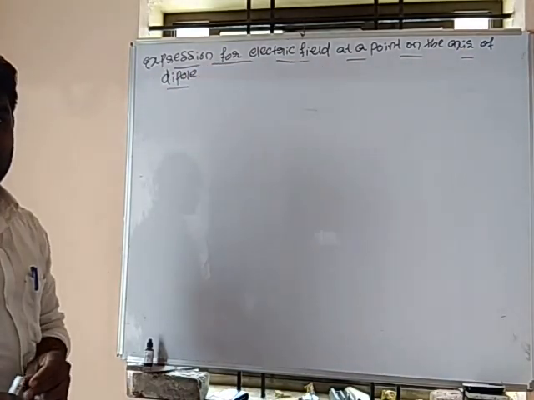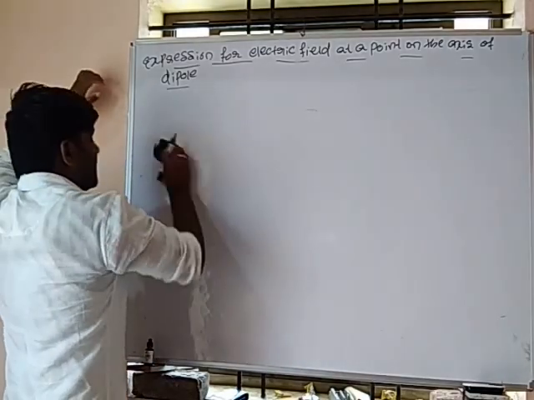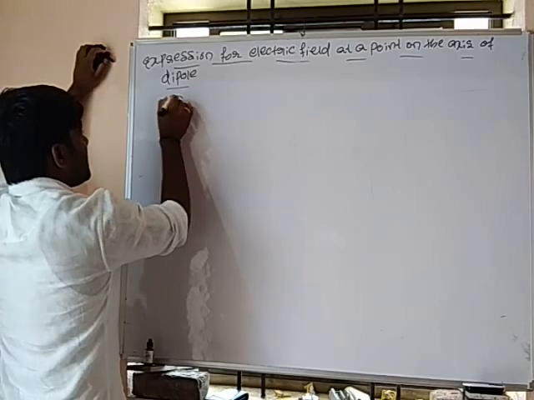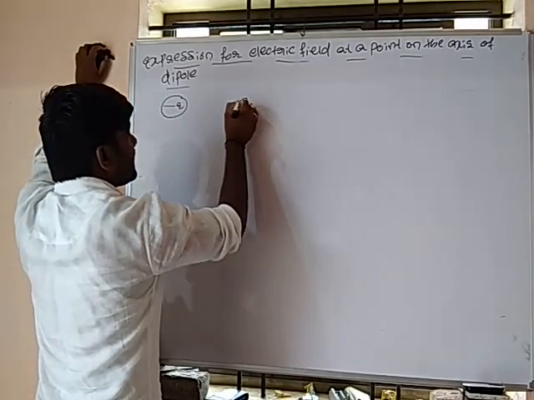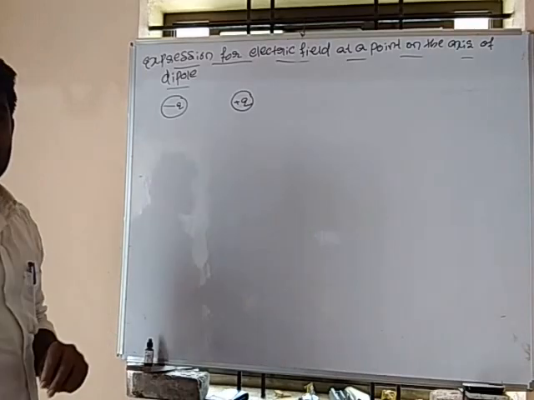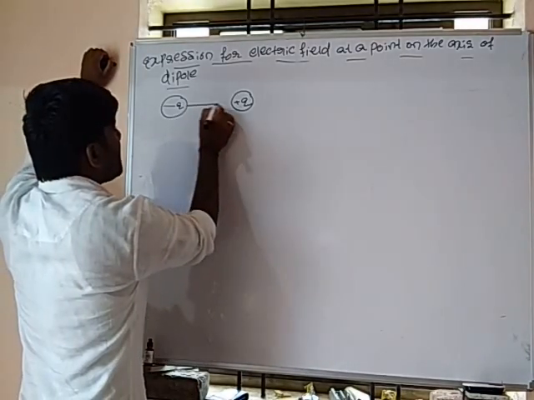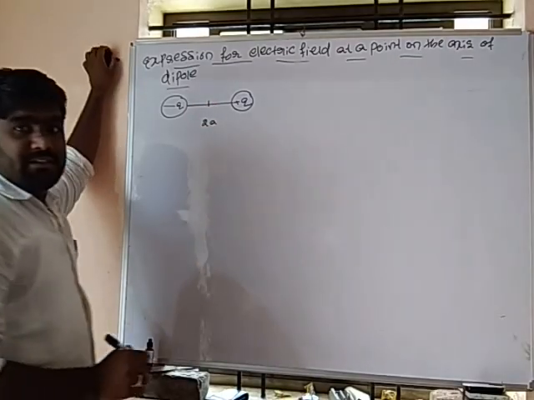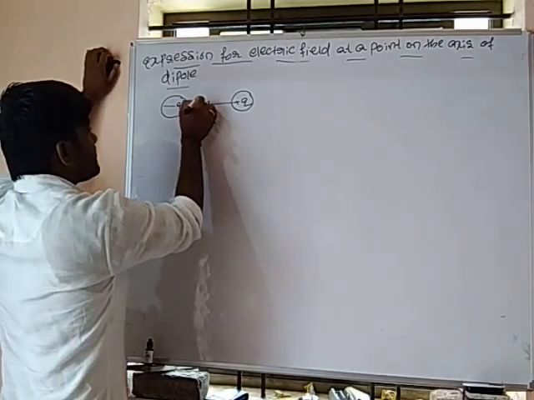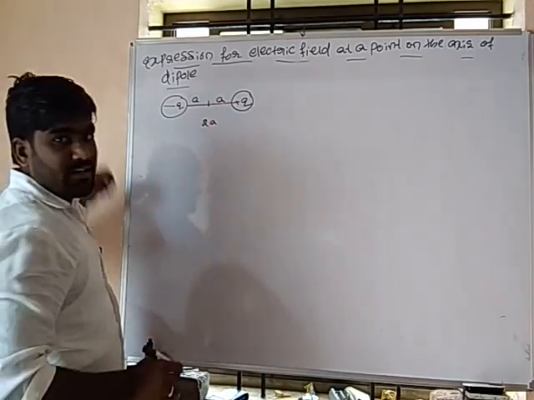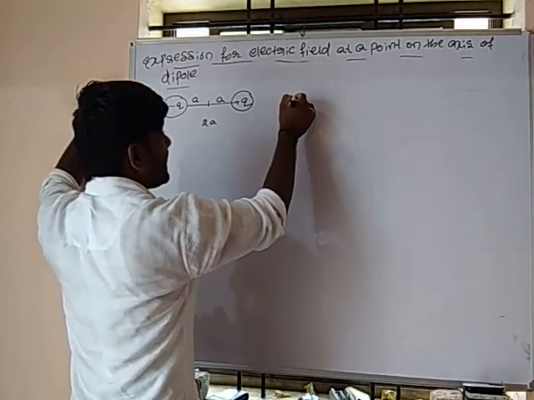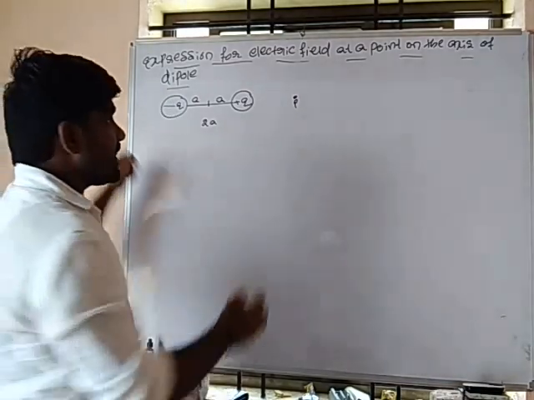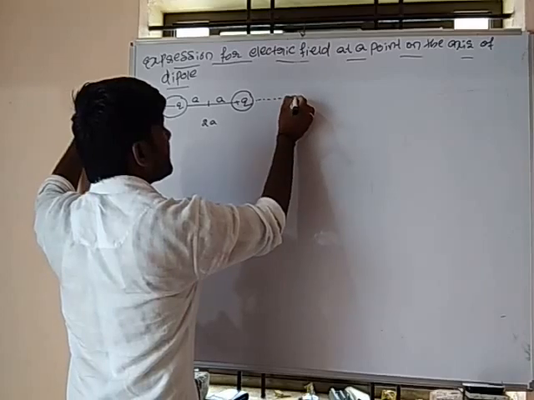See here. So I am taking here the dipole moment. This is your minus Q. Here I am taking plus Q. These two are the charges, separated by a total distance of 2A. At exactly the midpoint, the electric field must be 0. Separated by this is A, and this will be A. I want to calculate the electric field at this point. Let us consider at this point I want to calculate the electric field.